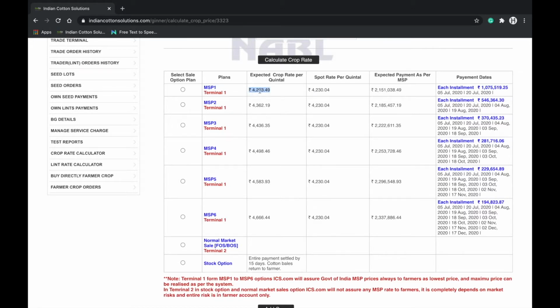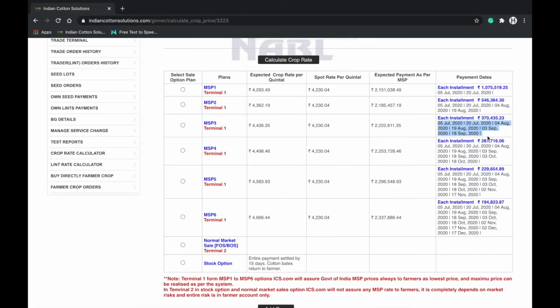That is, for example, if the length, strength and RD value of your crop is higher than the standard values, you tend to get a premium. On the other hand, there will be a reduction in the price if the trash or moisture or CG or plus B are higher than the standard ones. However, the results from the testing alone are entered here.